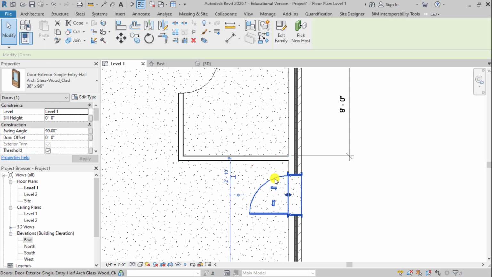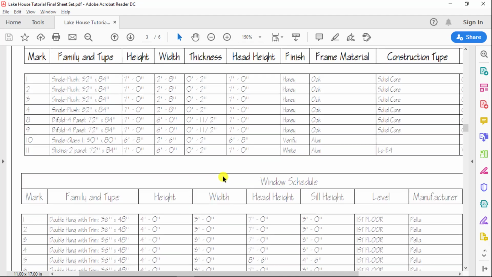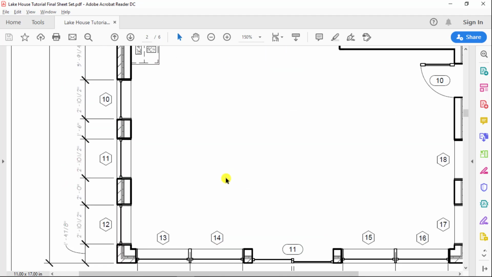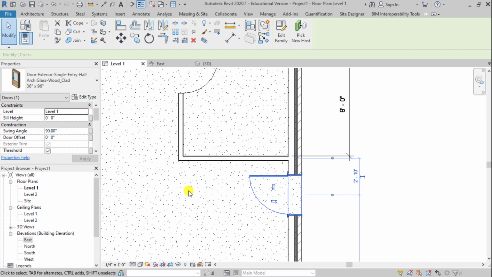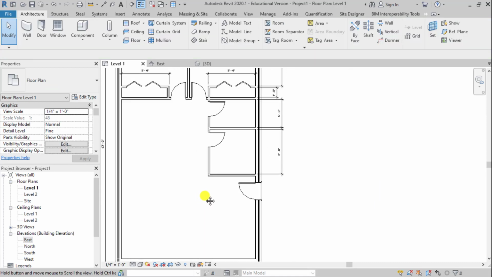So I'm going to pick my door, and notice that I've got a series of arrows here. I can flip my side, my direction of swing, and I can also flip the direction of swing in the other direction. So now I've got my door in the right place. This looks good. I believe, let me double check. We do not have a dimension here, so just give it about 6 inches or so to there, and that'll be fine. So there is our